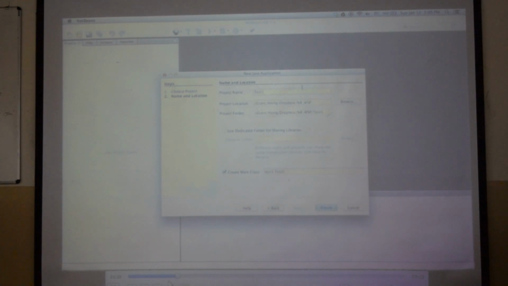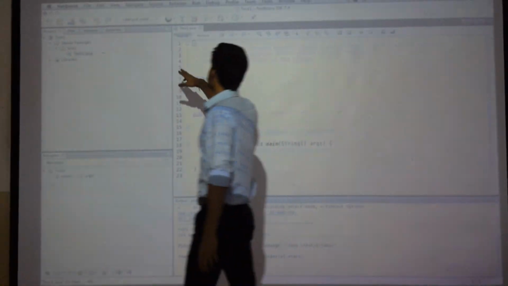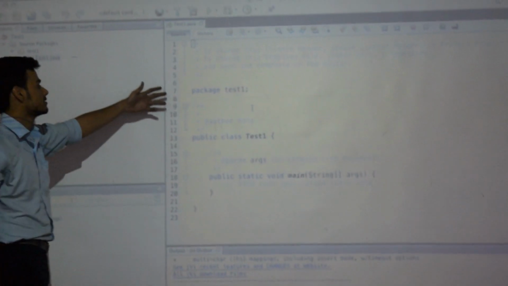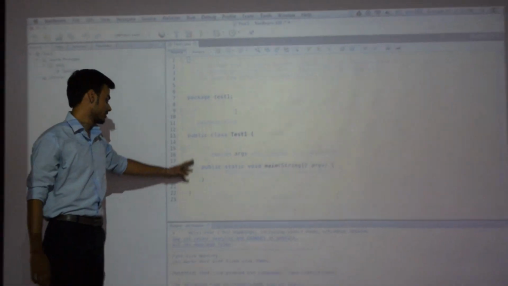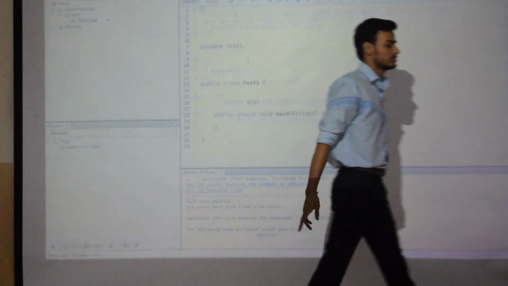The first letter of the class name should be capital. The project name will create a new package. Our class name is test1.java. This class is created and we will do the coding on this part and this is the output area. So this is how you use NetBeans.